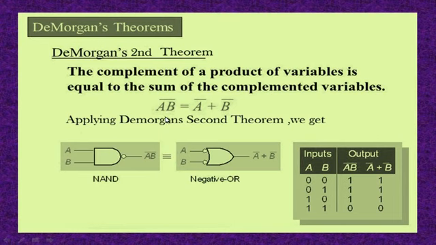While on the RHS there is a sum, so there is a need of an OR gate, but it takes complemented inputs, so it is represented with the help of bubbles. Bubbles mean there are inverted inputs. Here the input is A complement, while here the input is B complement. As complemented inputs are there, at the output we'll get the sum of complements. In this way we can prove De Morgan's theorem with the help of a truth table.